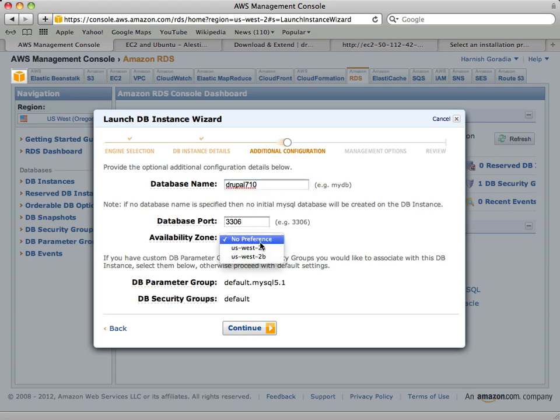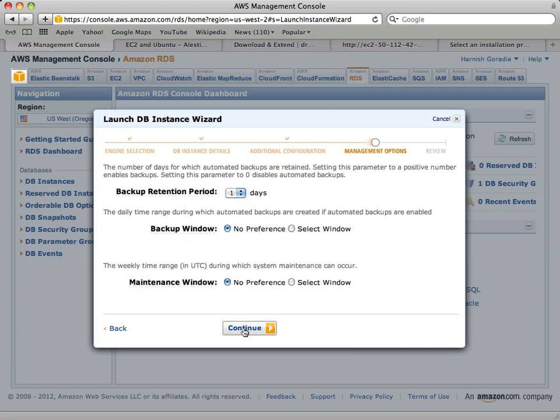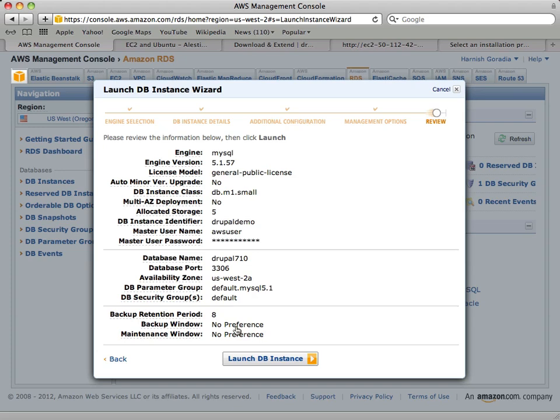This is very important. Now we choose this. You don't let Amazon decide. Don't say no preference. Explicitly we want this. Okay, continue. You can have automated backups for as much as 8 days. Why not? We'll use it. Free. Okay. Continue.